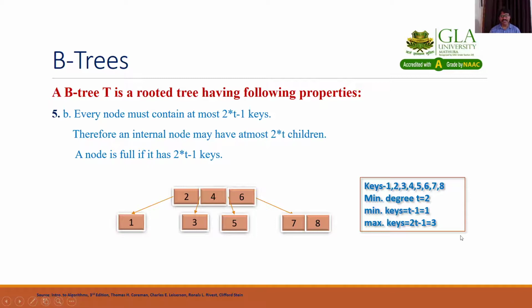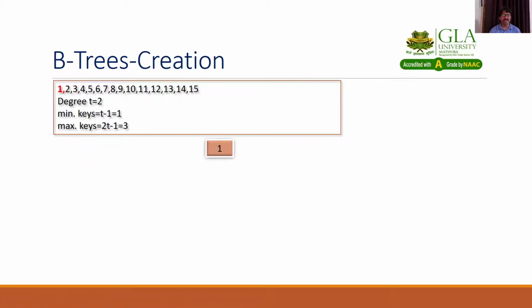So you can see another example. This is the full case. I have taken one example, with keys inserted into a B tree. The minimum degree is given as t equal to 2. First you have to identify the lower bound, that is the minimum number of keys, t minus 1, and the maximum number of keys, 2t minus 1. So in this tree, these nodes have the minimum number of keys, this one has the maximum number of keys, and this is in between. So this is a B tree which follows the properties of B trees.